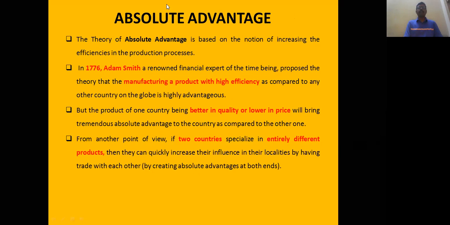Second theory is called absolute advantage theory. Absolute advantage means there is no other competitor for the advantage of the country. It was proposed by Adam Smith in the year 1776. It said that every country has a specific advantage. For example, India has an advantage in producing a large variety of products, and Japan has a technological advantage,